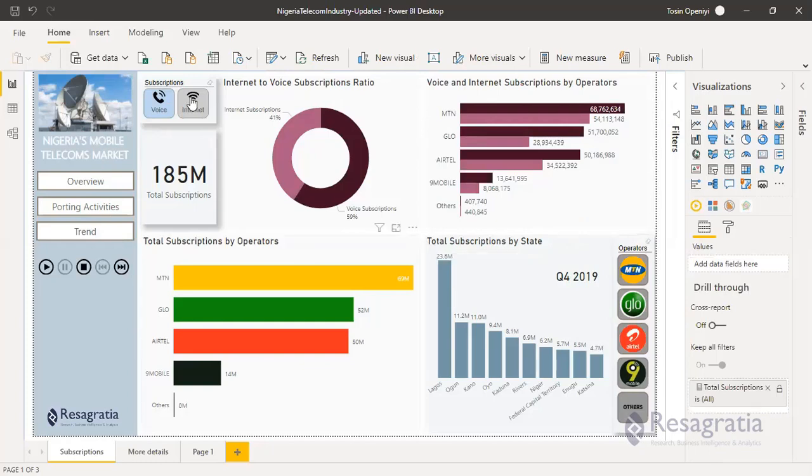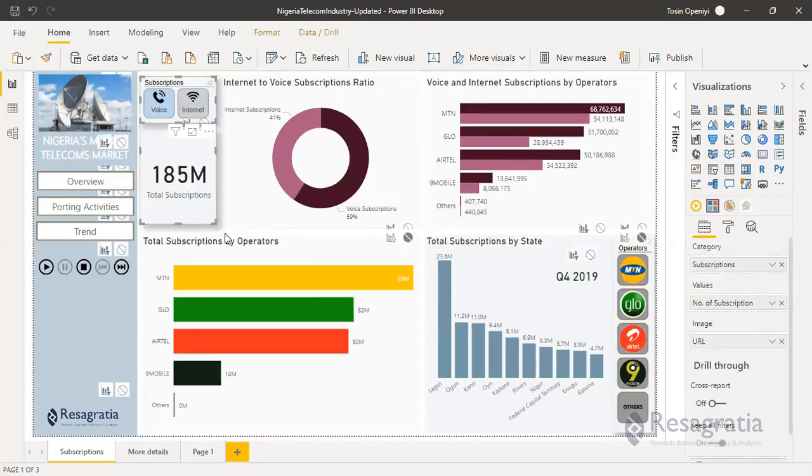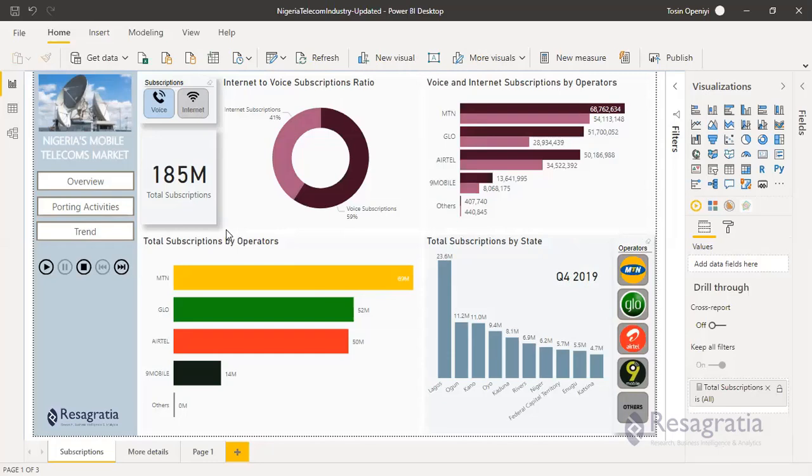So if we're looking at the current quarter, which is quarter 4 2019, total subscriptions by state is 23.6 million in Lagos for voice, if you leave it as the default. If you highlight the one for internet, you can see the total subscriptions for internet as well. Exactly. I think this is fine.